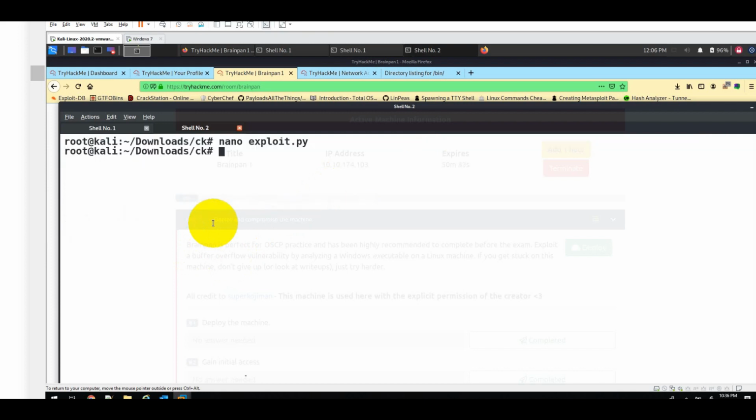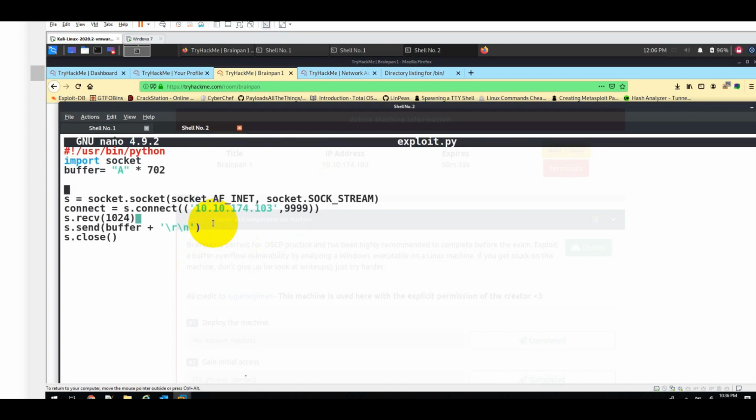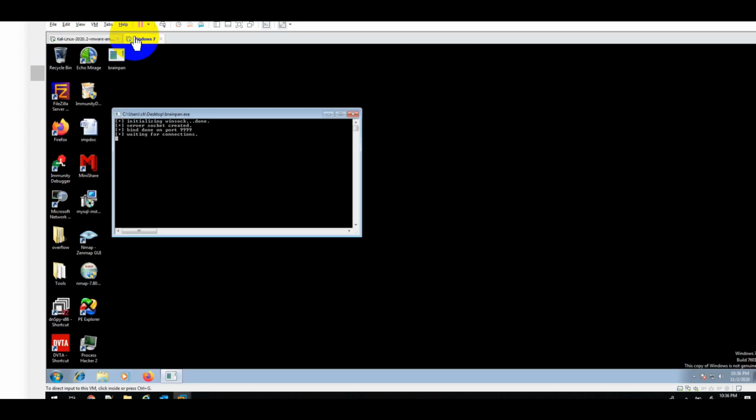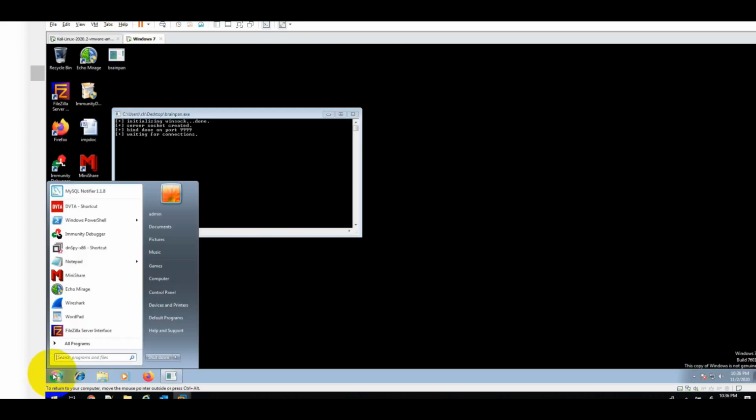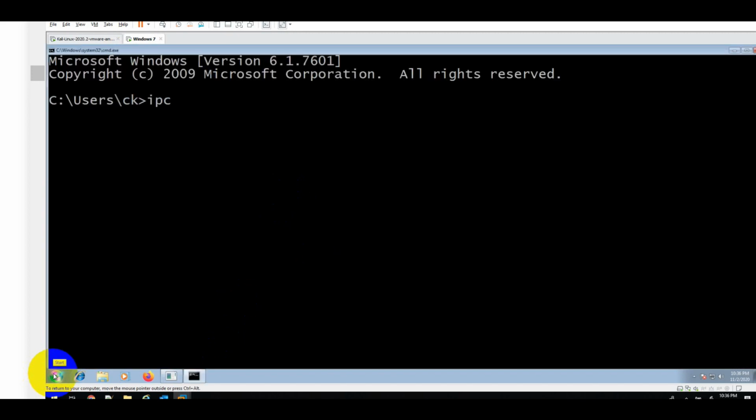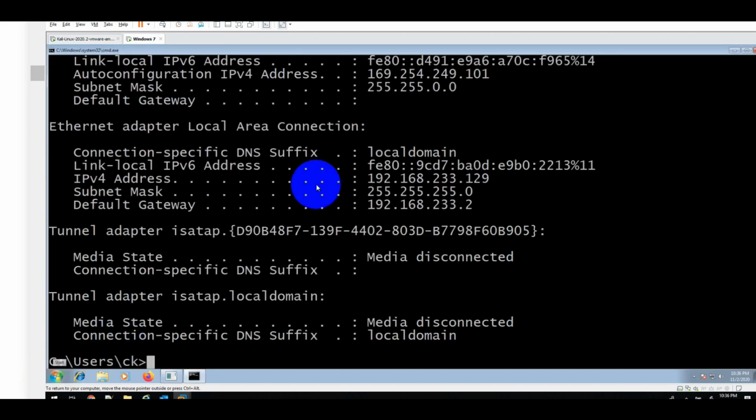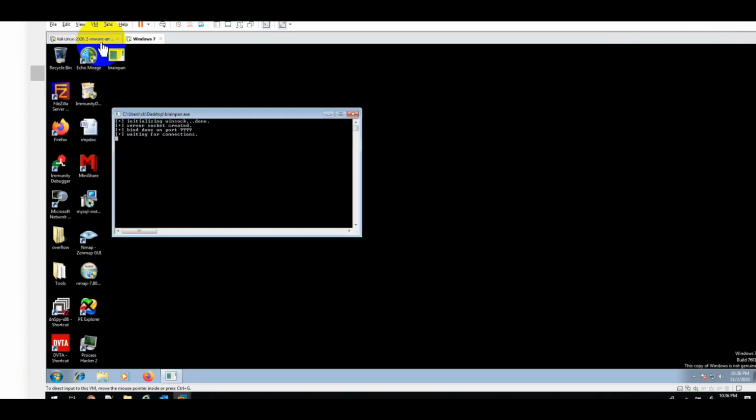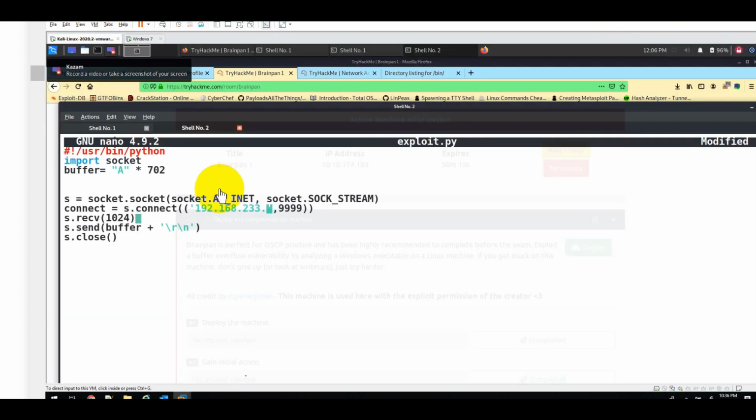In this case, I am modifying the IP address, so you also need to check the IP address properly to make the exploit run properly, right? Make sure that you update the IP address and the port properly while running the exploit. I have provided my local system IP address from the remote victim system where this particular binary is running. I may have gone a little bit fast, so you can pause anywhere if you are stuck, otherwise the video will be more lengthy.